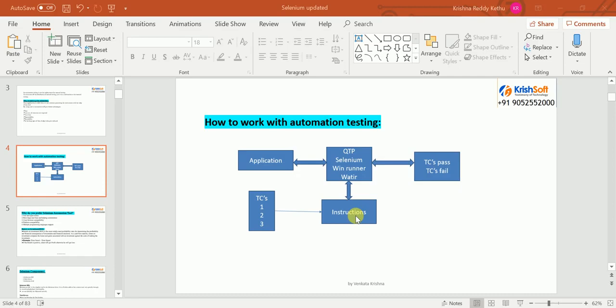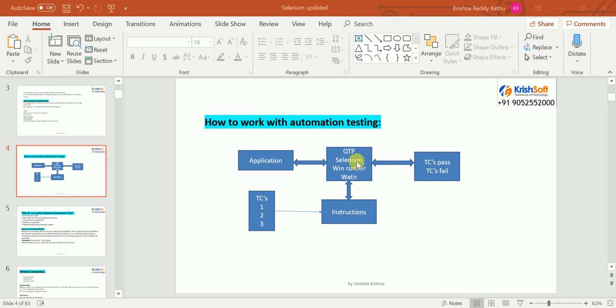Similarly here also, what are all the operations we need to perform on the application, like entering the data, clicking on the links, selecting the drop downs, check boxes, radio buttons. What are all the operations you are trying to do manually? All those operations you need to convert into the form of instructions, which is understandable to the tool.